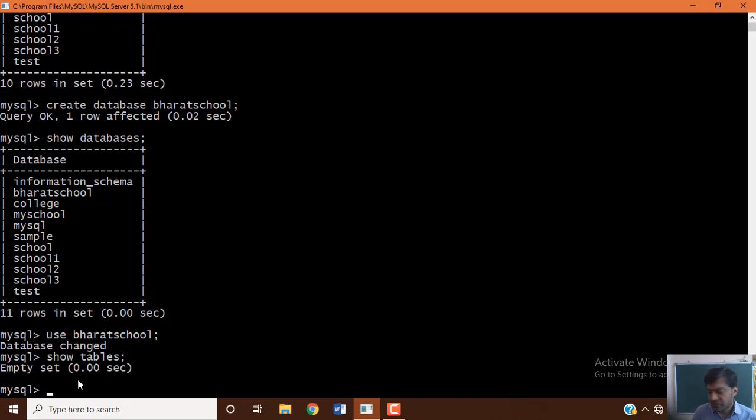Now we want to create a table. Yes, we know the create table command. Create table student, then we need to specify the field name as well as the data type. Roll number is int, with a size, for example 10 or 5, whatever size you can take for the length of the roll number. Followed by name, which is varchar, with a size which you can specify.